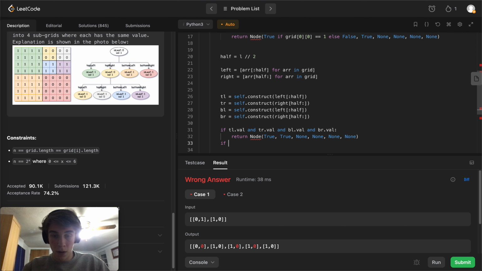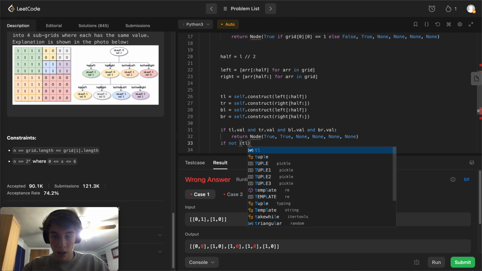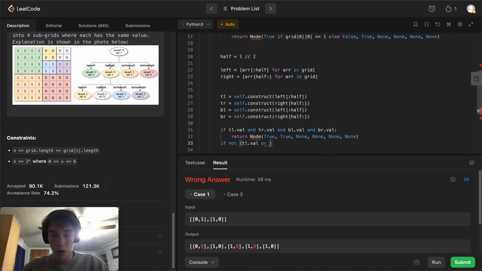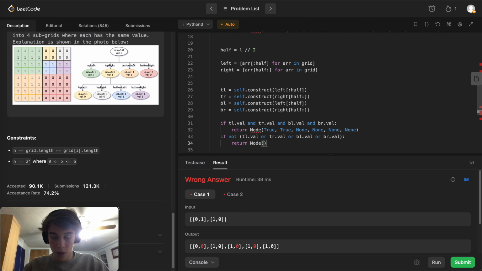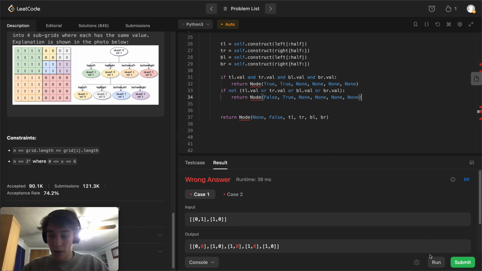And if not TL val or top left val or bottom left val or bottom right val, return node false, true, none, none, none, none. Okay, sweet. Else return the